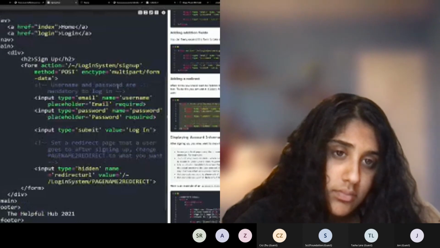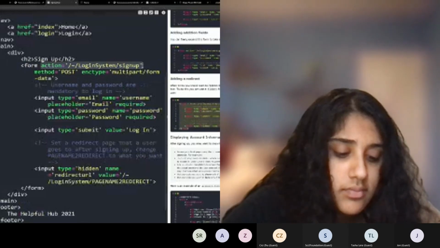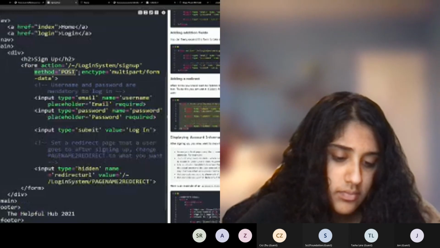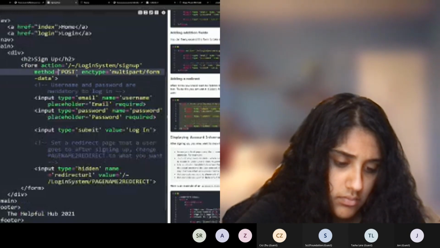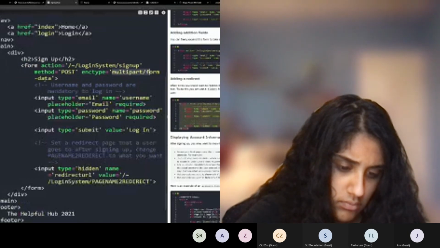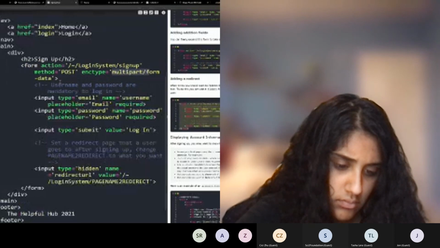So what does this do? We just pasted some unknown code. The first one, the action, says our link. This one says where to send the data to. And then the second one, method equals post, tells the browser to send it in a way that encrypts it. You could think of it like, if we had a big spreadsheet where all our data was, this just adds a new row of data. And then enctype equals multipart/form-data says how to encode the data, and this allows us to send images,